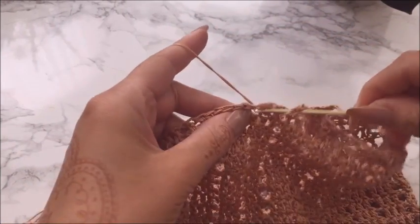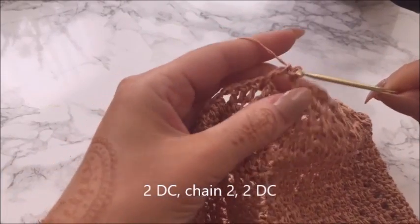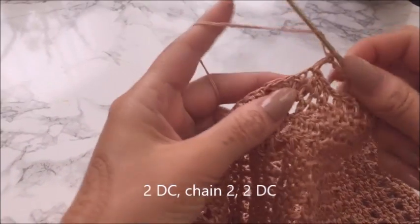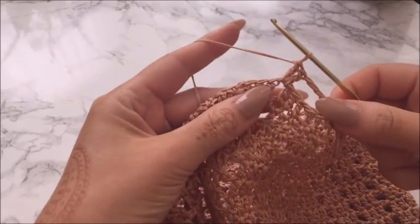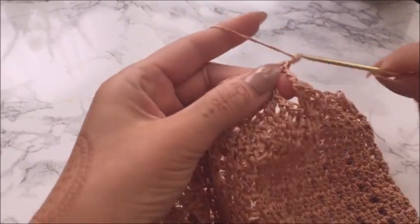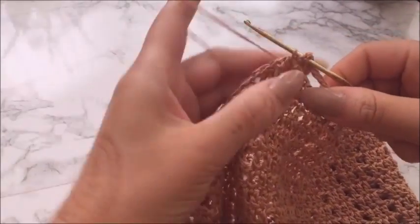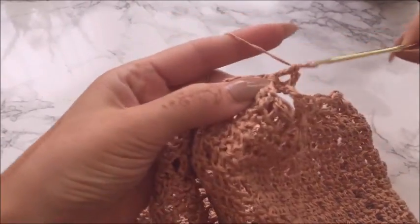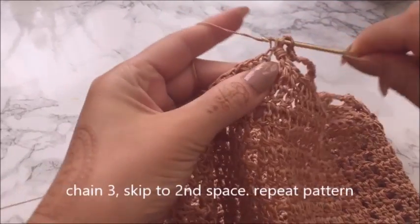As you can see in that little loop that I'm slow motioning through, I'm so sorry, I have no idea, but pretend this is the very beginning of the row. So again, just how I said, you're going to be placing 2 double crochets. Well, of course, you're going to chain 3 and that's going to count as 1, but for the remainder, 2 double crochets. Then you're going to chain 2 right here at the top, and then place 2 more double crochets